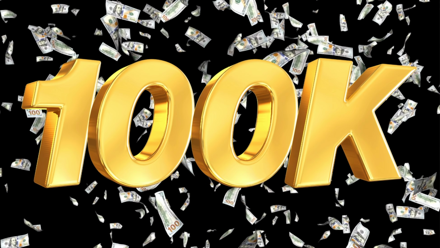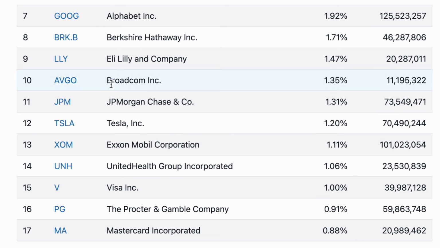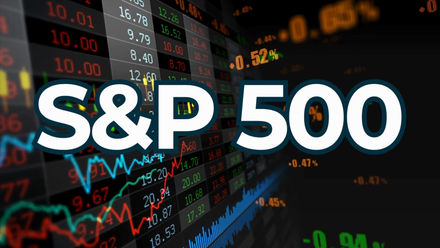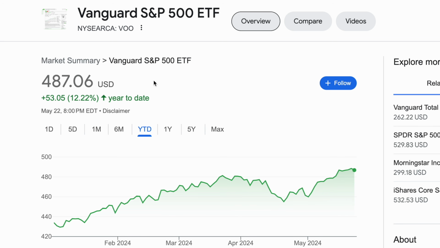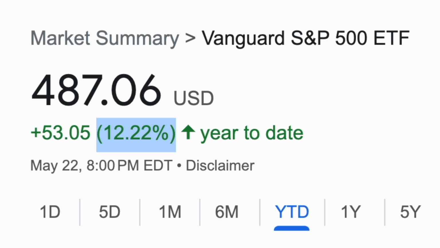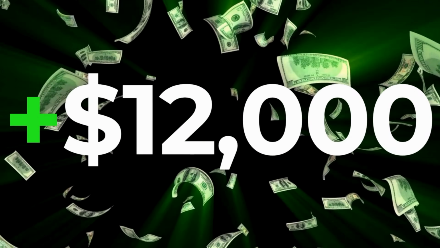But if you had $100,000 invested in an ETF like Vanguard's VOO, where Tesla is a top holding inside of the ETF, since VOO tracks the S&P 500 index, which has 500 different stocks inside of the fund, just because Tesla went down a ton doesn't mean the ETF did, because it went up nearly 12%. So you would have actually gained over $12,000 in returns if you had that $100,000 invested into a broad market ETF like VOO, and you really weren't relying on one stock's performance, in this case 500 different stocks.